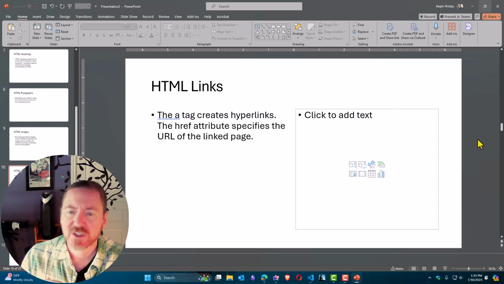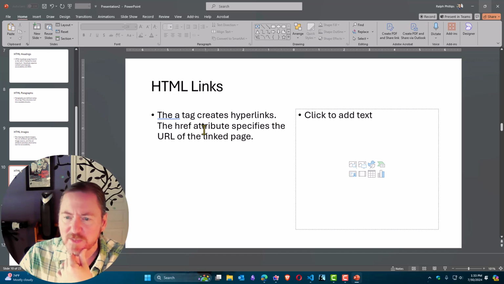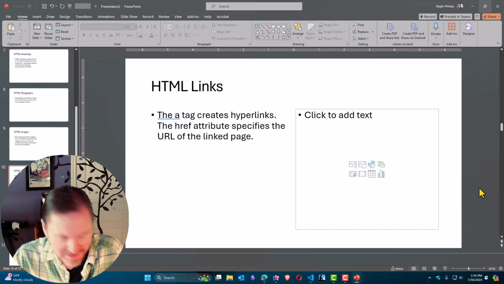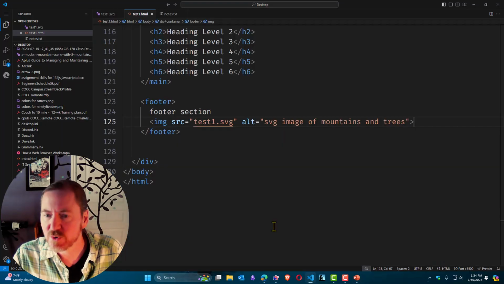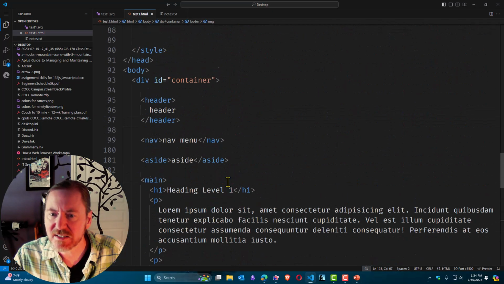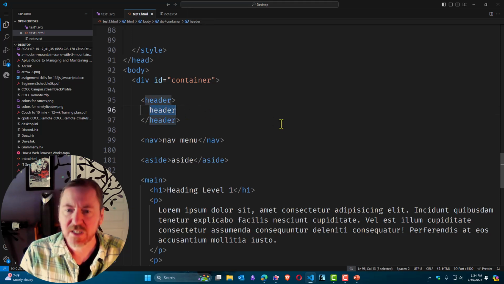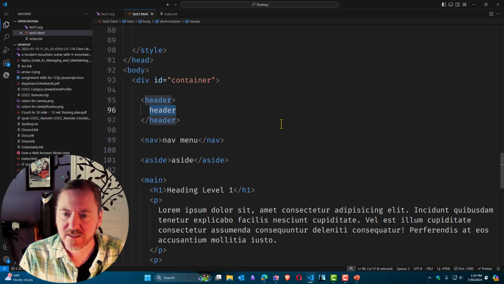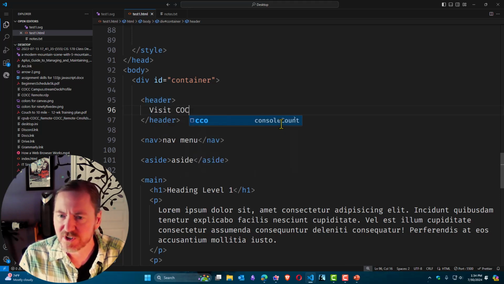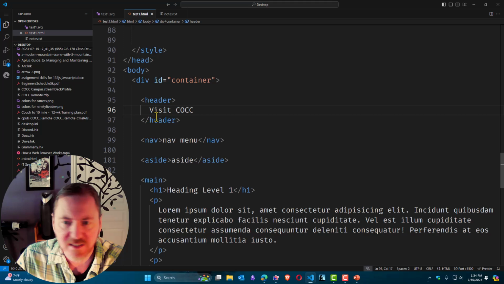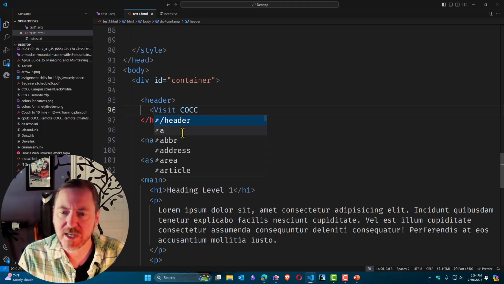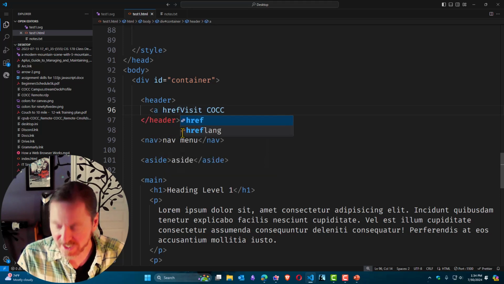HTML hyperlinks. The anchor tag creates hyperlinks. The hyperreference attribute specifies the URL of the linked page. For sure it does. So I could head back over to our code, and I'll head up to the header this time. And I'll simply write the text, visit COCC. Okay, so this is just text. That text is just going to show up on the web page normal, like it's a plain old paragraph. But in front of the words, I'm going to put the anchor tag with a hyperreference attribute,